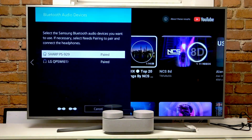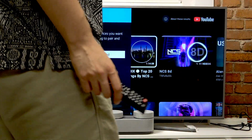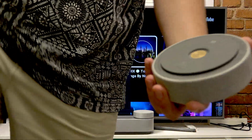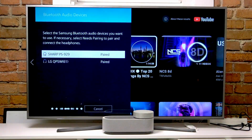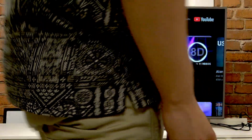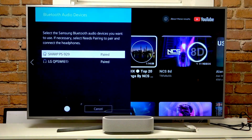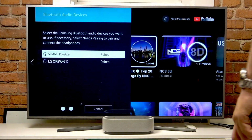So now we have to take this speaker, place it, because it's the right one, it is the left one. We have to place it somewhere on the left, and the same with the right one. We have to turn on the speakers using the power button at the bottom of our speakers and turn on our speaker itself. Then we have to take our speaker